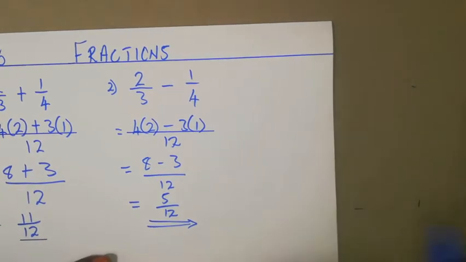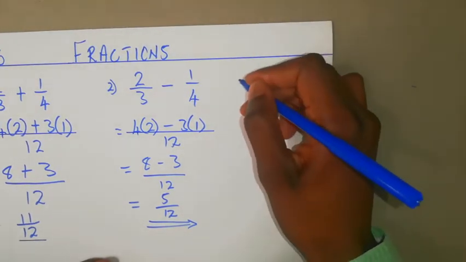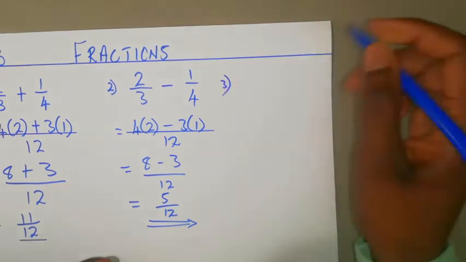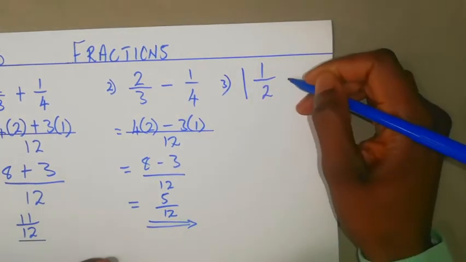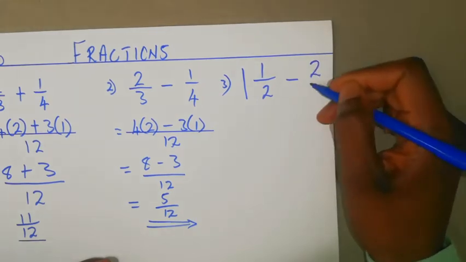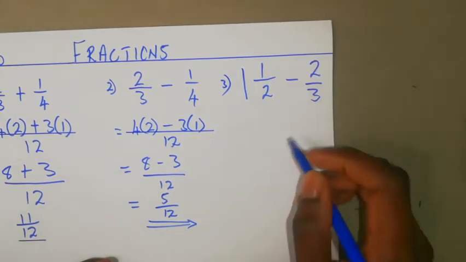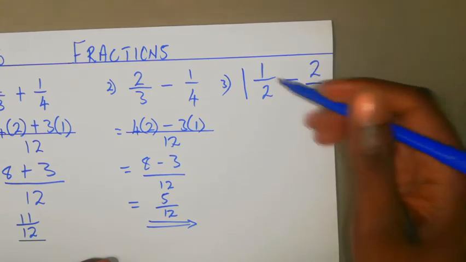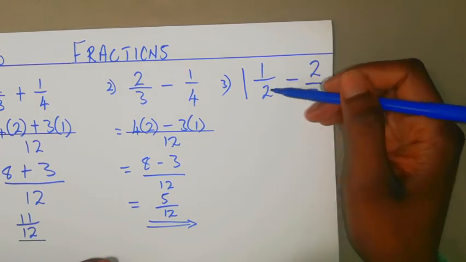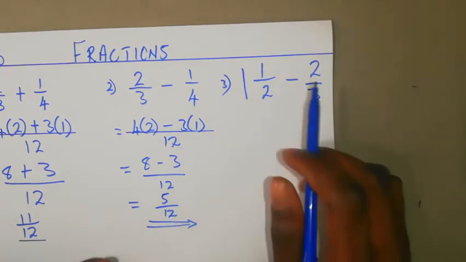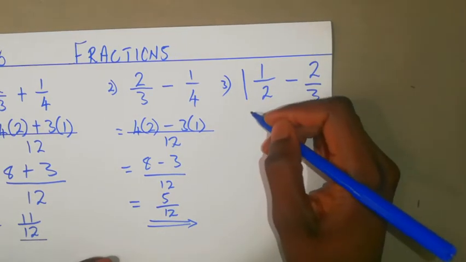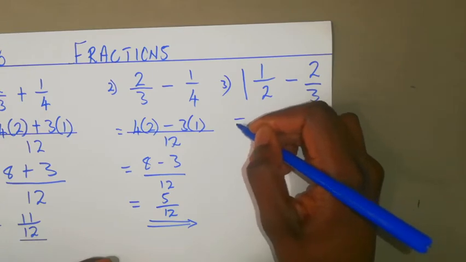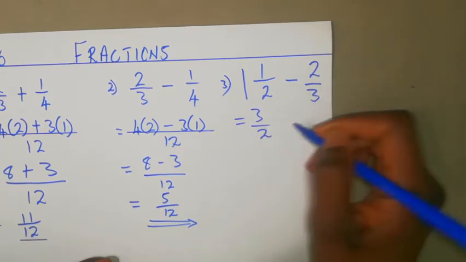Then the other concept, we will find mixed numbers in fractions. So number 3, I'm going to put 1 1/2 minus 2/3. So firstly, you are supposed to convert this mixed fraction into an improper fraction. The concept is like this: 1 times 2 plus 1. So in this case, I'm going to obtain my 3 over 2 minus